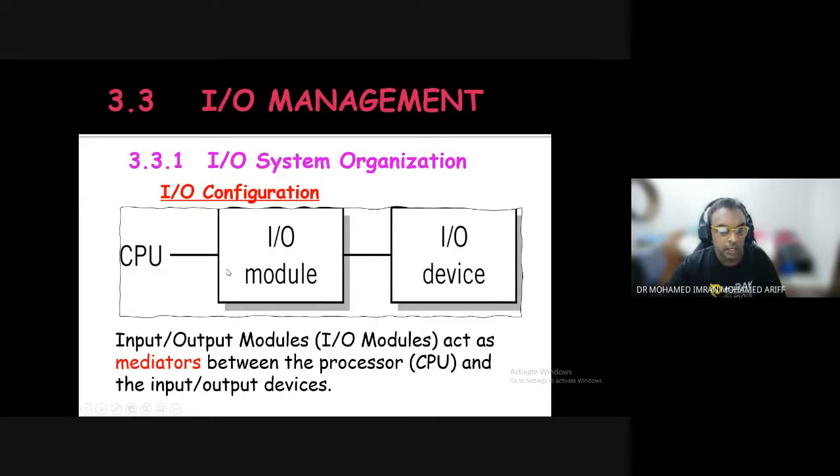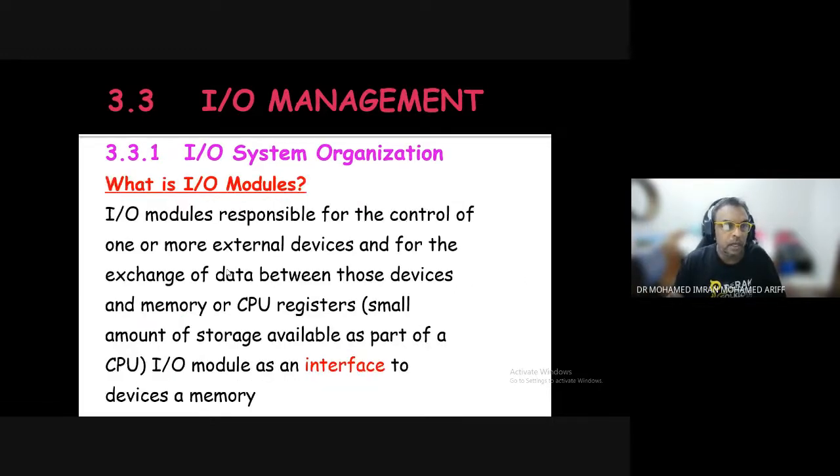For example, let's say you wish to download certain files. The CPU will request the file to be downloaded through the use of the input-output module. The module will inform the device, okay, you are supposed to download these files. Or the CPU will inform the input-output module, please print this block by block, and they will continue printing. This is how it's being done. So what are the I/O modules for?